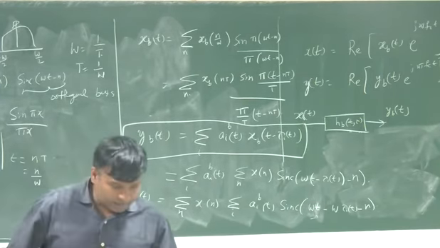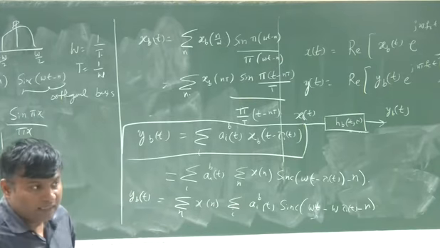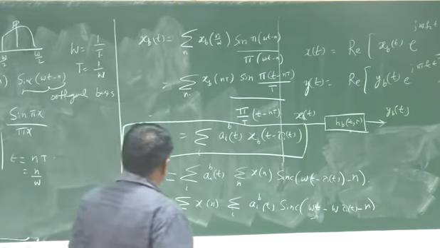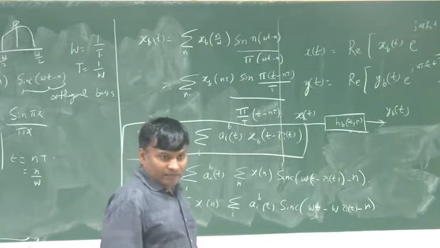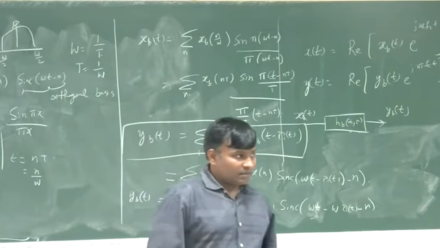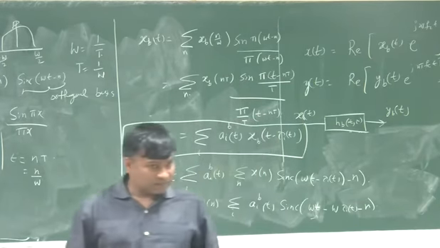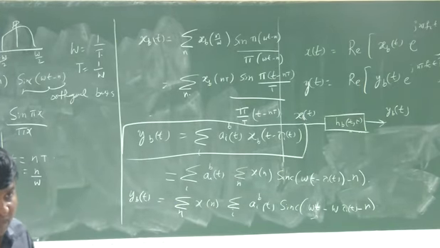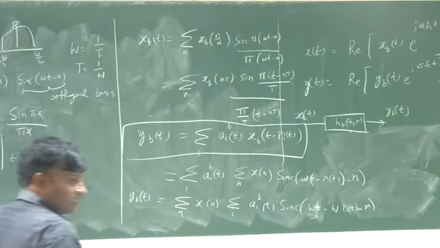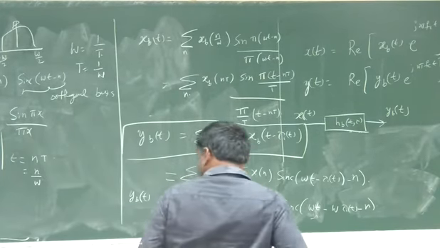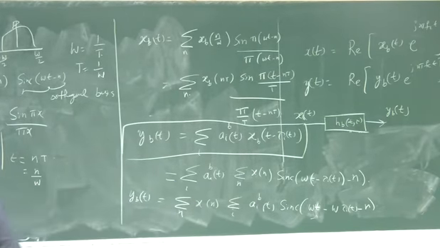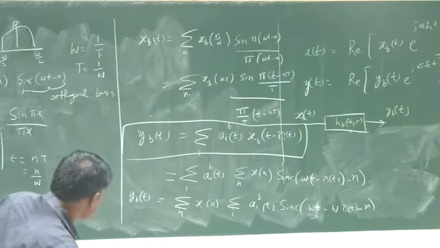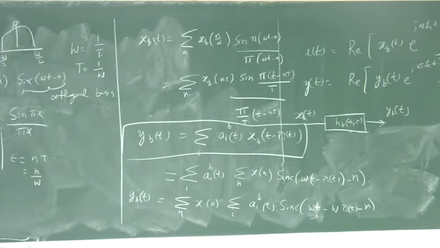We haven't done much here except that we plugged in the expression for xb of t by using the expansion. Okay, xb of t we expanded it. We wrote it as summation of x of n multiplied by sinc. Looks a bit cumbersome, but